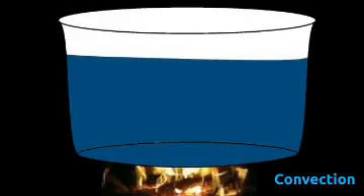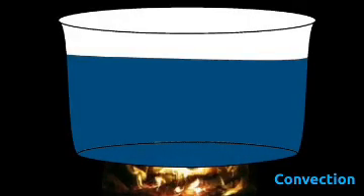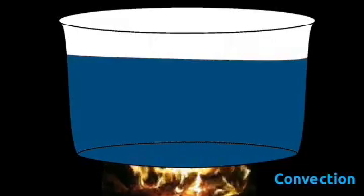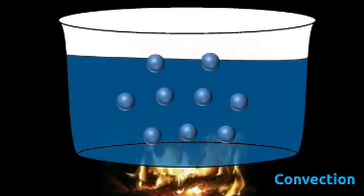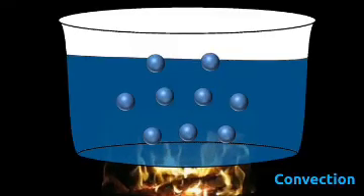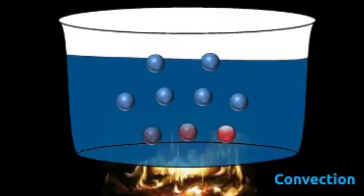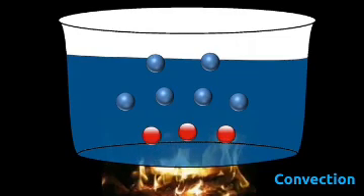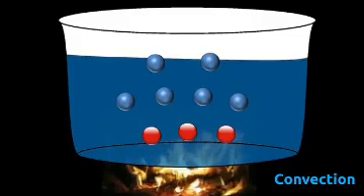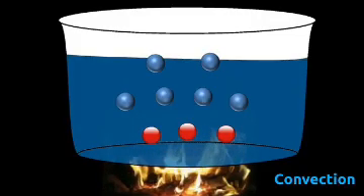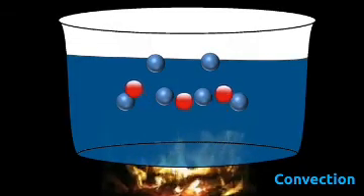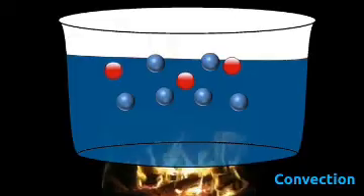In the convection method, movement of particles of liquid or gas causes transfer of heat from the heat source. Let's take an example of a pot of water. As we heat it, water particles near the heat source get heated first. We know that addition of heat causes an increase in movement of particles. Thus, these particles move randomly and relatively, and empty space is formed.